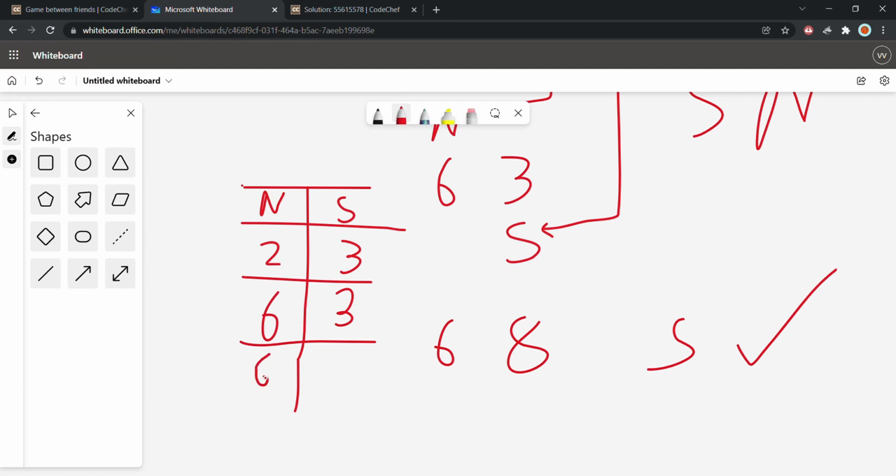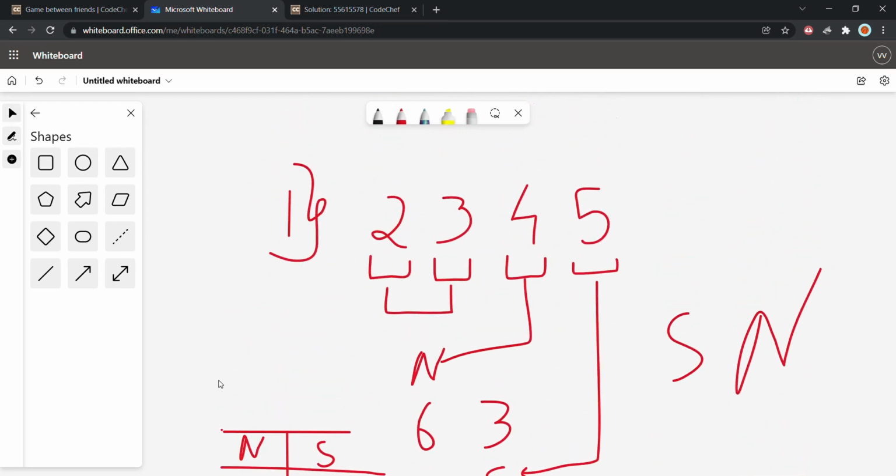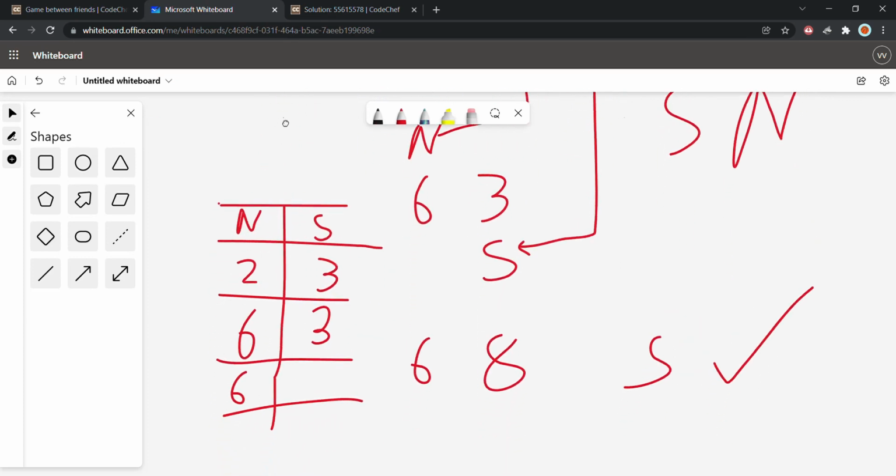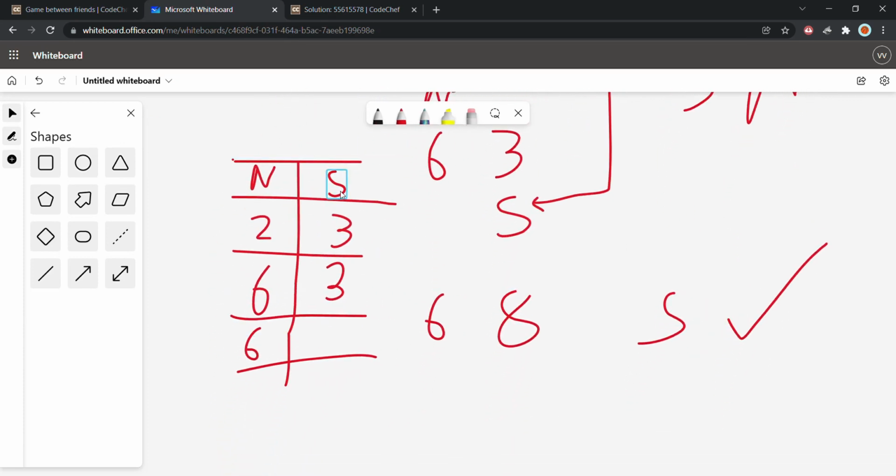We just copy the same entry, and now we know Sobhagya is the loser of this round. So he will get the coins from Satyarth, that is 5. We simply add 5 to Sobhagya, so it becomes 8. From this final comparison we get to know that Sobhagya is the winner. So we simply print S.